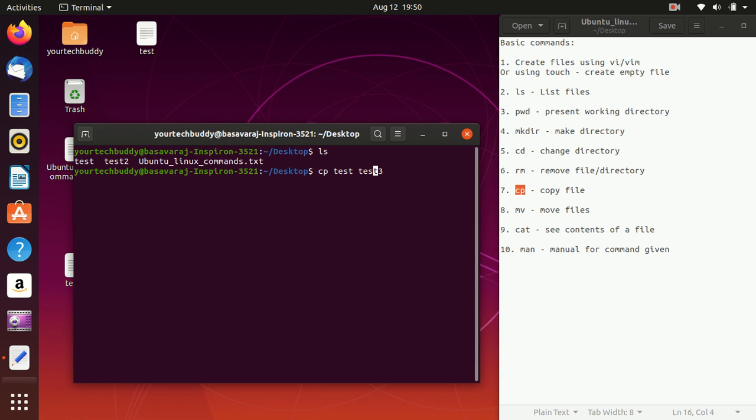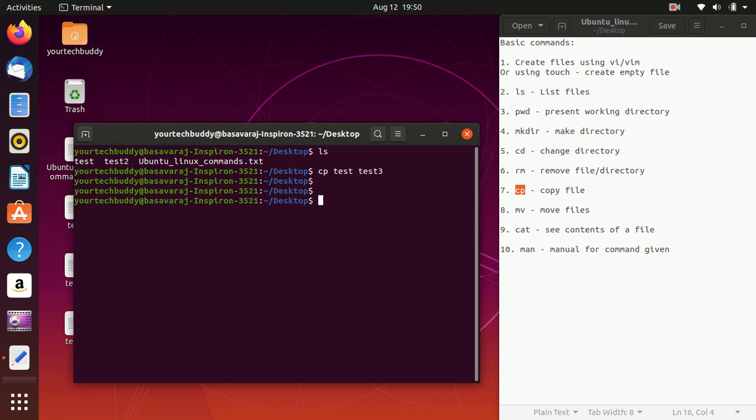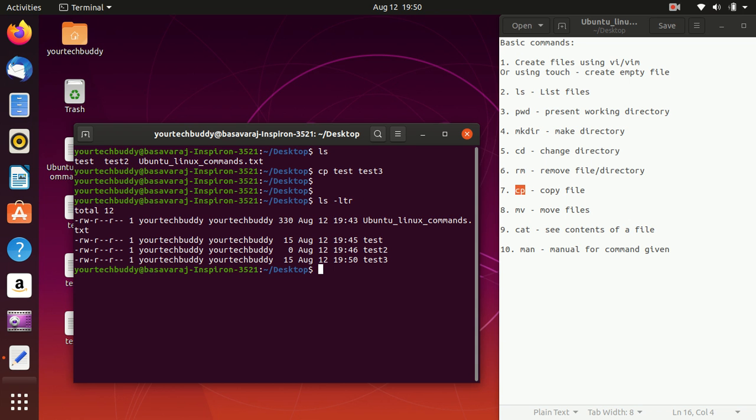So this is the new file. The syntax is cp, source file, and destination file. If the destination file is not present, it will create that file. Let's list down the contents of this directory. You can see test3 is created and it also has a similar size to that of test.